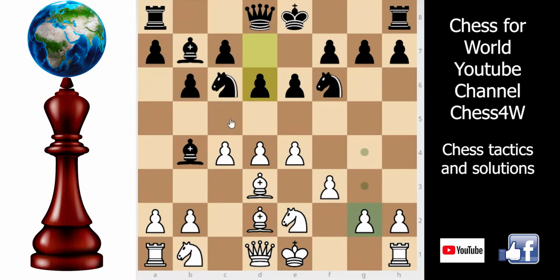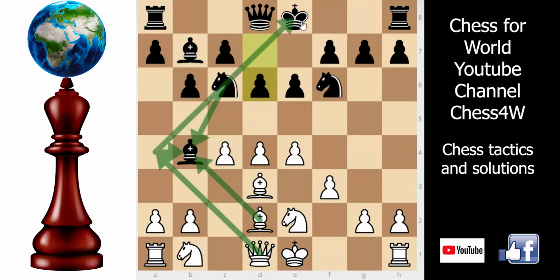So is there any possibility to get benefit from this pin in another way? Suppose we take this, the only solution is that black will take it by this, and now we can just go here and fork the coming knight to b4 and the king, but simply the knight can retreat back to its position,